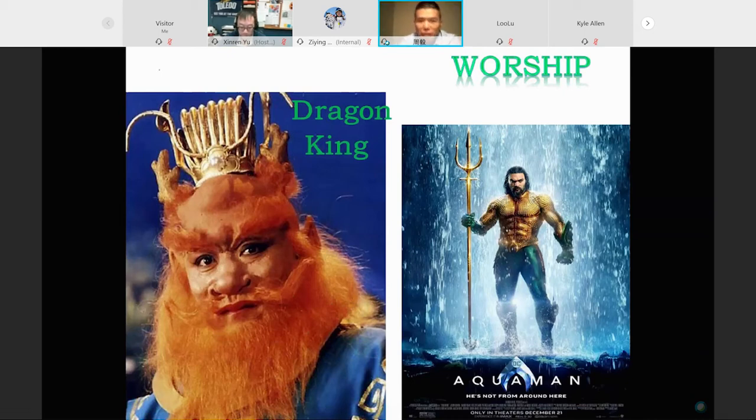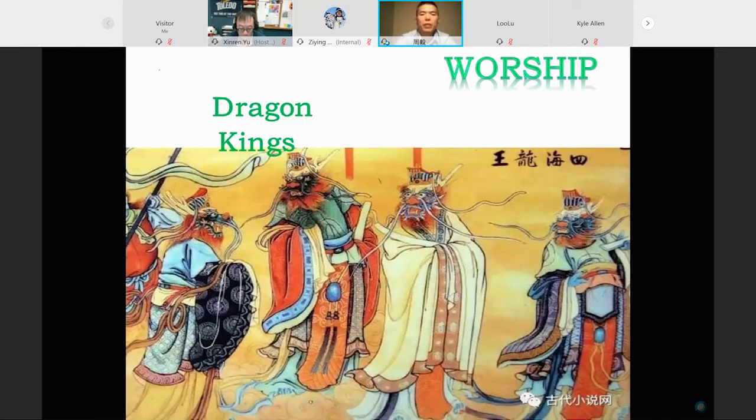The dragon is a totem. Just now we said the totem of the Chinese nation, a symbol of China, and it has the highest status among animals, sacred to us. The divine dragon is worshipped by Chinese people, from the emperors to ordinary people. So the first one I want to talk about is the Dragon Kings. The Dragon King is deified as a god, the highest ruler in oceans and seas, controlling all creatures in the sea, and a god controlling water and the weather.